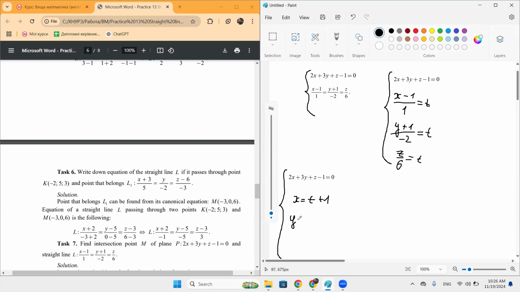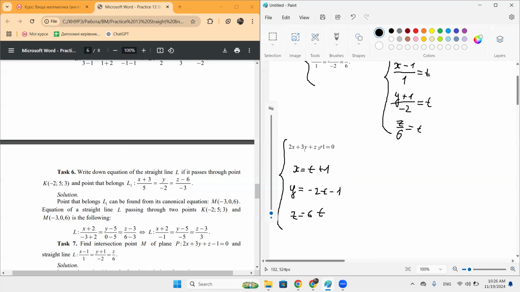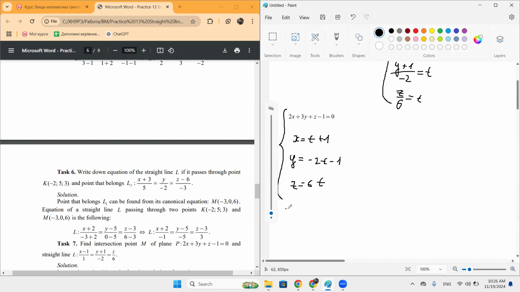y equals minus 2t minus 1, and z equals 6t. And now let's substitute t, so these expressions for x, y, and z, into the equation of the plane. So 2 times (t plus 1) plus 3 times